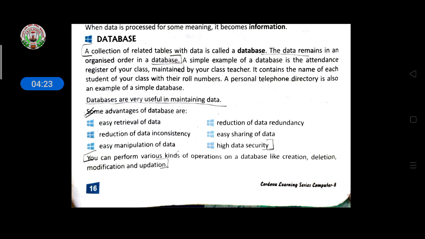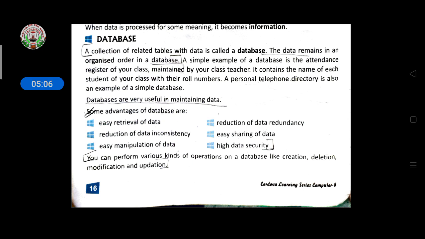Suppose we have to store our class database. If we have 46 students in our class, then suppose roll number 1 has the student name Aditya. This information we have to store in the table according to the field names given there. So first the admission number should be in the field names, and then name, father's name, mother's name, date of birth, date of admission, and then Aadhaar card number, address, and phone number.